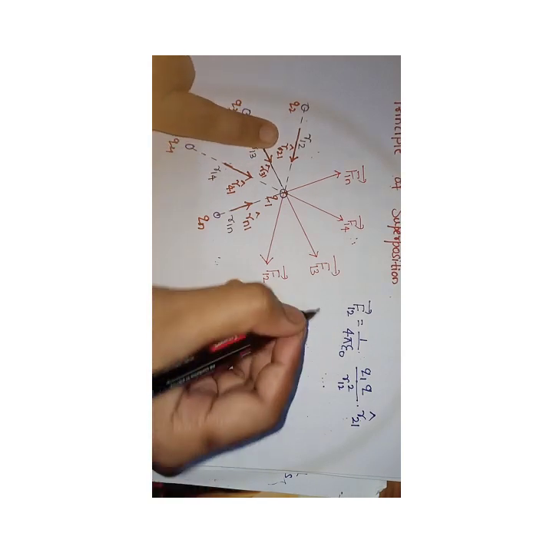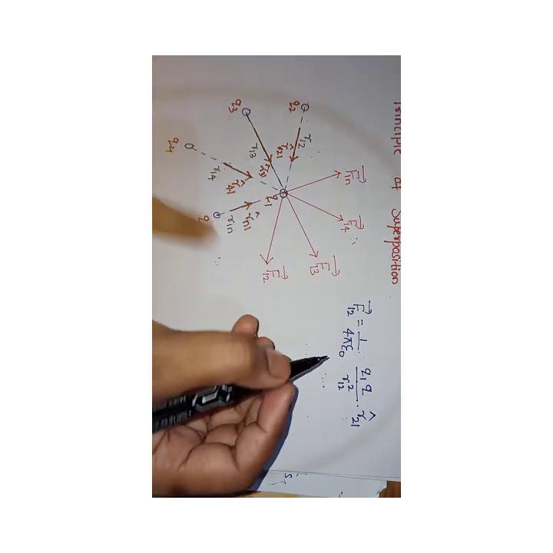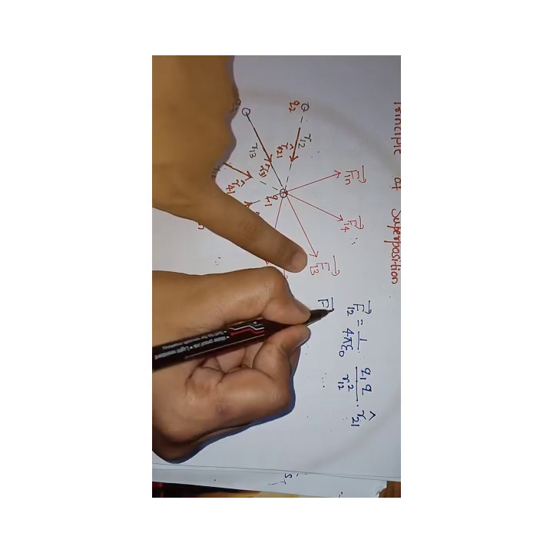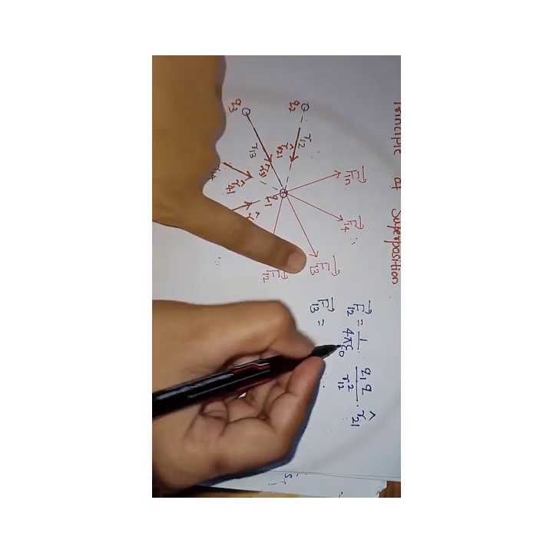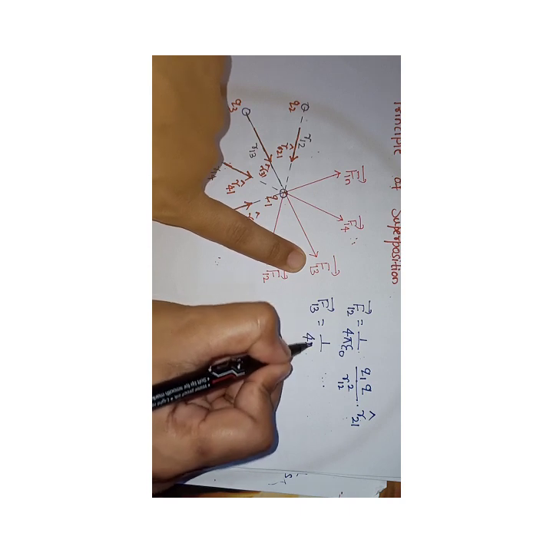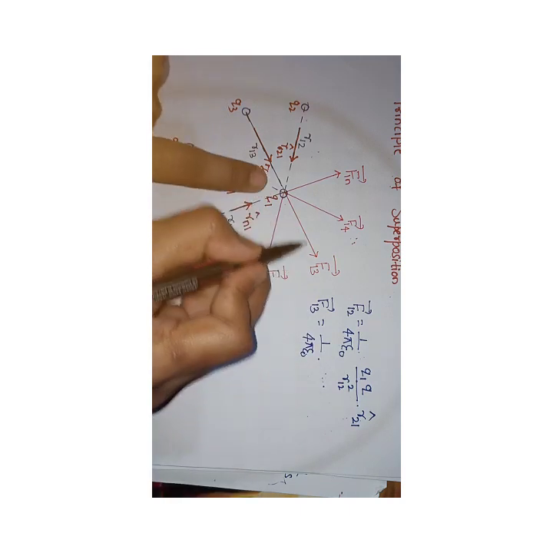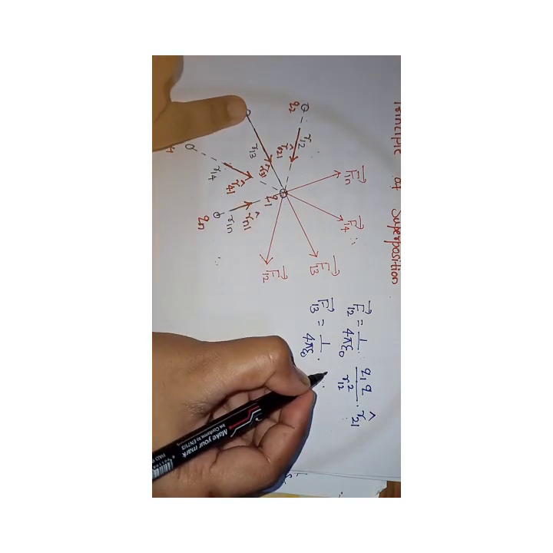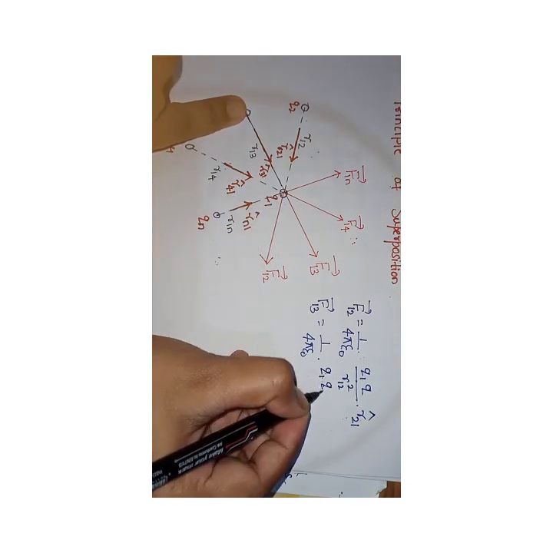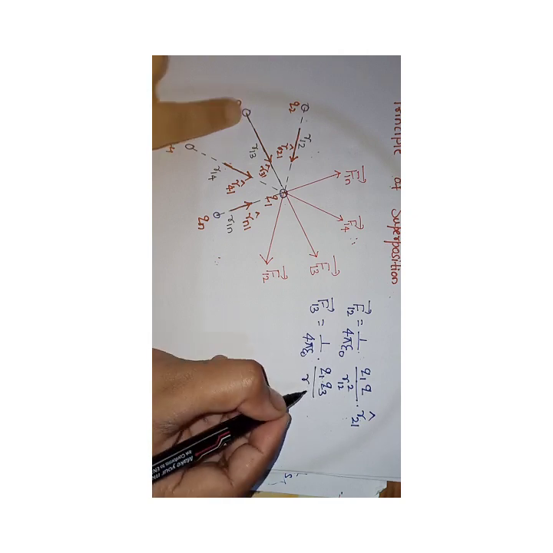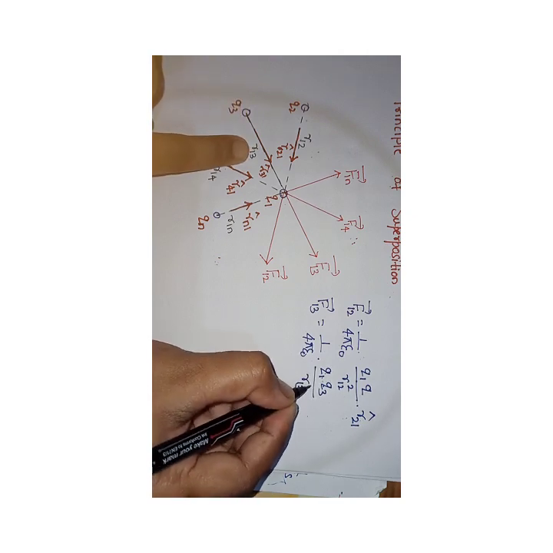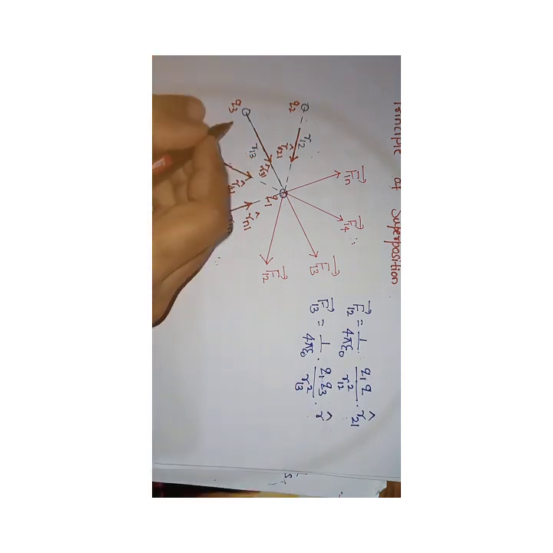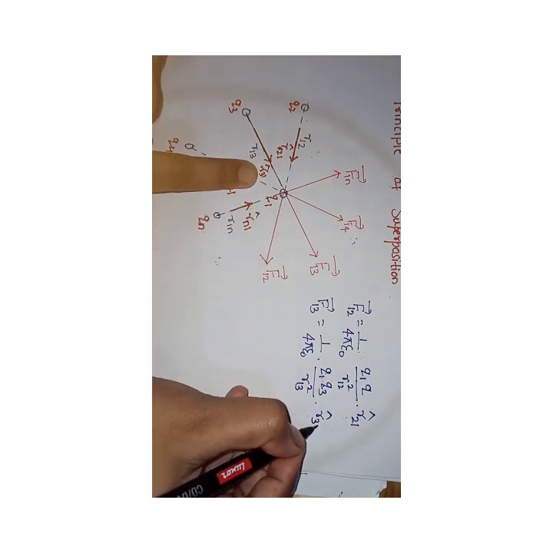r cap 2 to 1. Clear? Similarly, F12 over, next what you have to calculate? Vector F13. Simple it is. 1 by 4 pi epsilon naught. F13 is due to whom? Q1 and Q3 again. So here Q1 into Q3 divided by, what is the distance? R13 square, unit vector r cap 3 to 1.